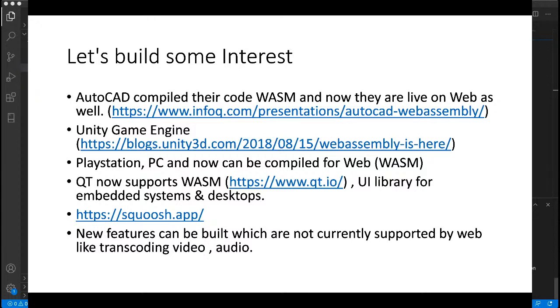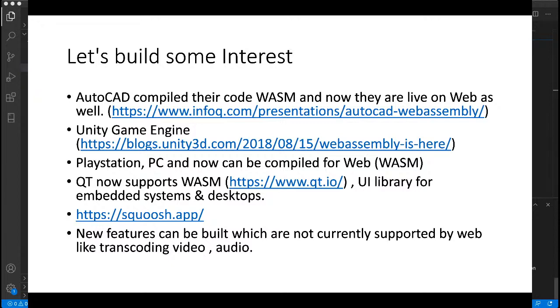code base to WebAssembly, and now they are providing their software on the cloud. They are providing AutoCAD as a platform as a service, where you can directly open AutoCAD in the browser, and you don't need to install the AutoCAD libraries on your system and then install C++. So the whole installation part is gone, you can directly access AutoCAD in the browser and it's working fine. And this is achieved without rewriting AutoCAD in JavaScript. They just compiled the C and C++ code to WebAssembly, and now they are up and live.